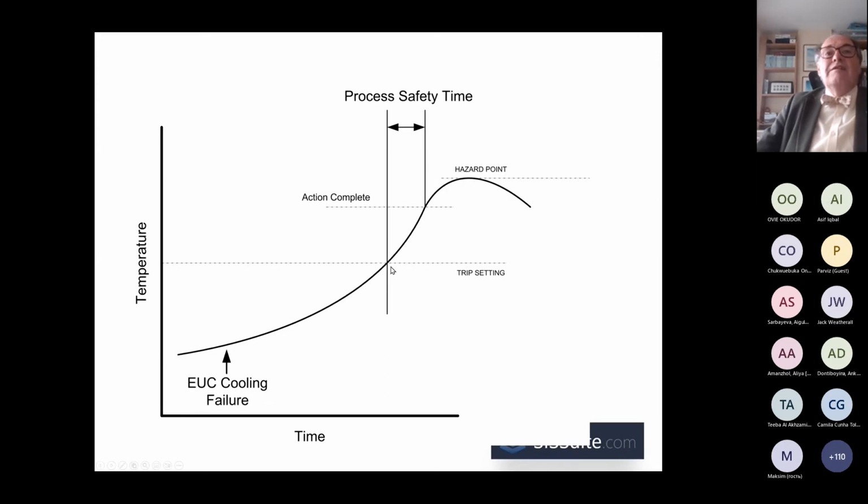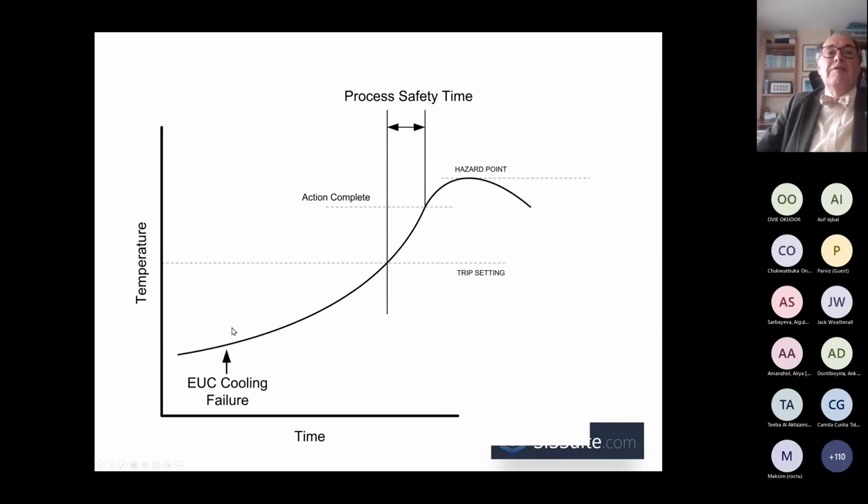If we consider the time available from the declared trip point, there's the trip setting, and there's the action complete point, and again, we just avoid breaching the hazard point. This is the time that is available for the SIF to respond. It has to be faster than this time if we are to avoid breaching this hazard point. So in terms of the SIF, this is the available process safety time, which in this particular plot